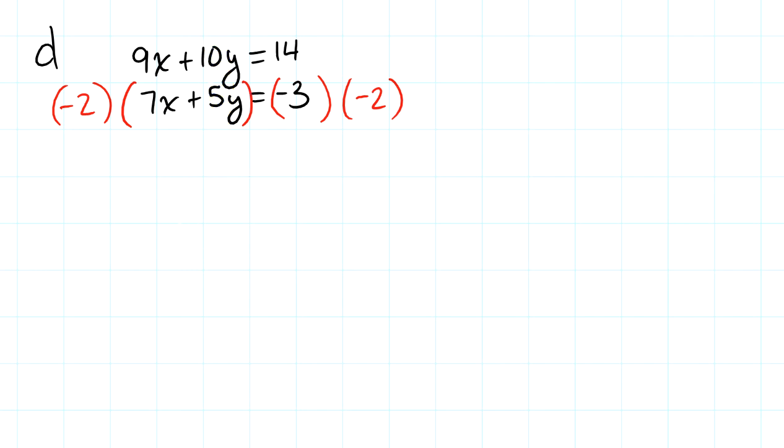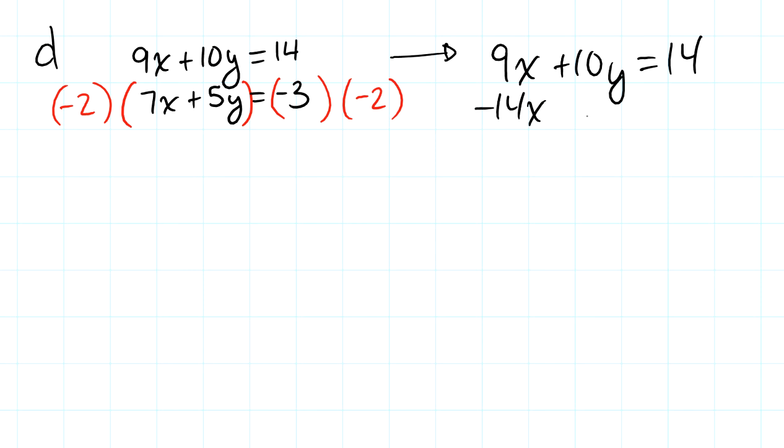So let's go ahead and rewrite the first equation again just as it was. So this is just 9x plus 10y is the number 14. And the other one is negative 2 times 7 is negative 14x. And then negative 2 times 5y is negative 10y. And over here, this is going to equal positive 6. And if I combine these,